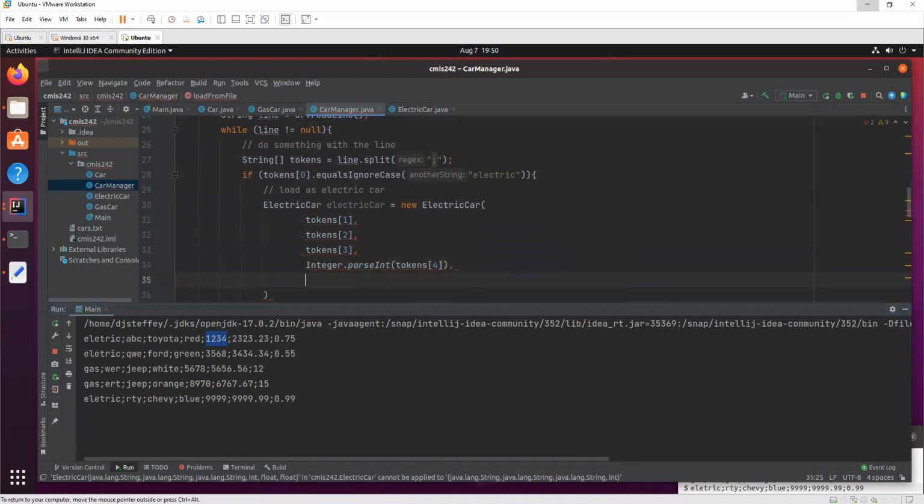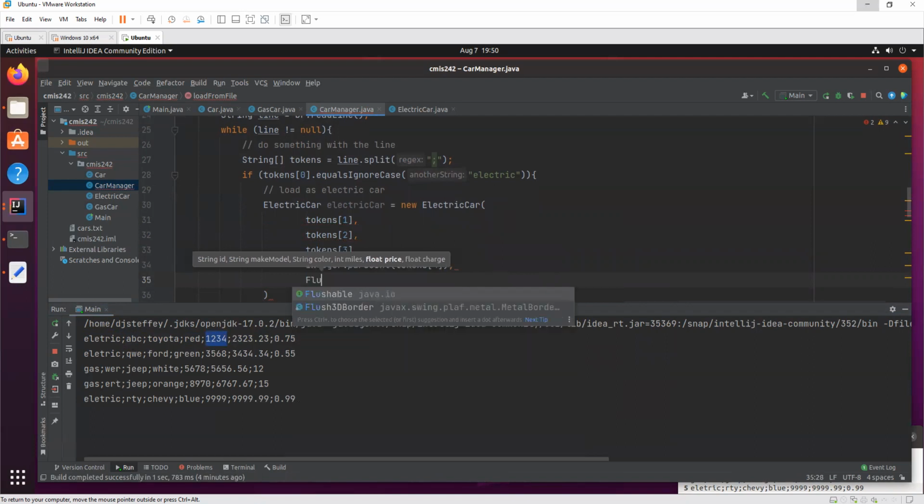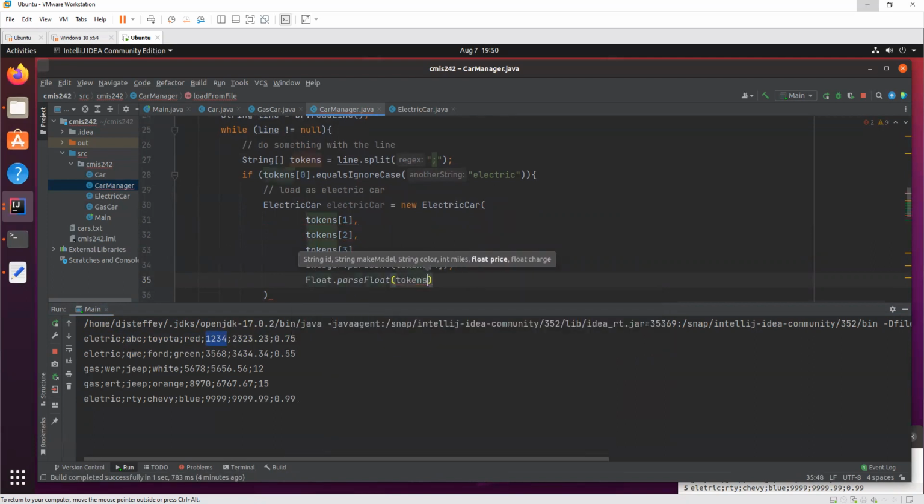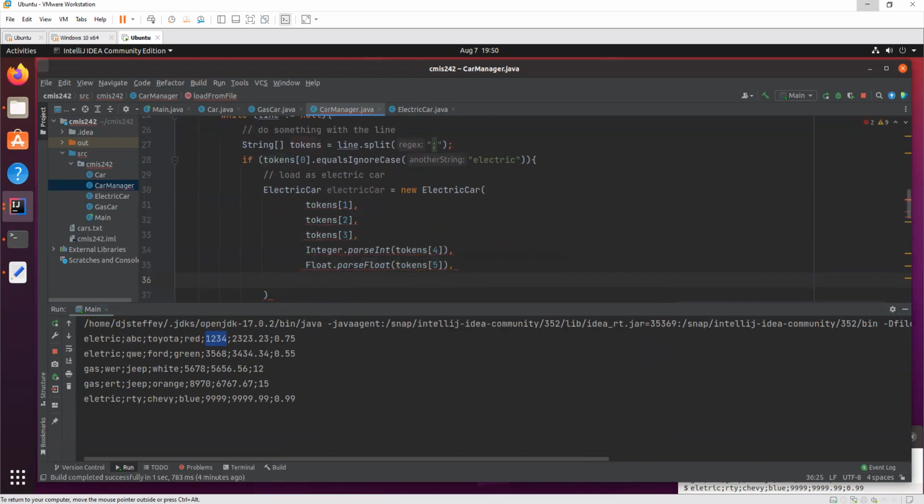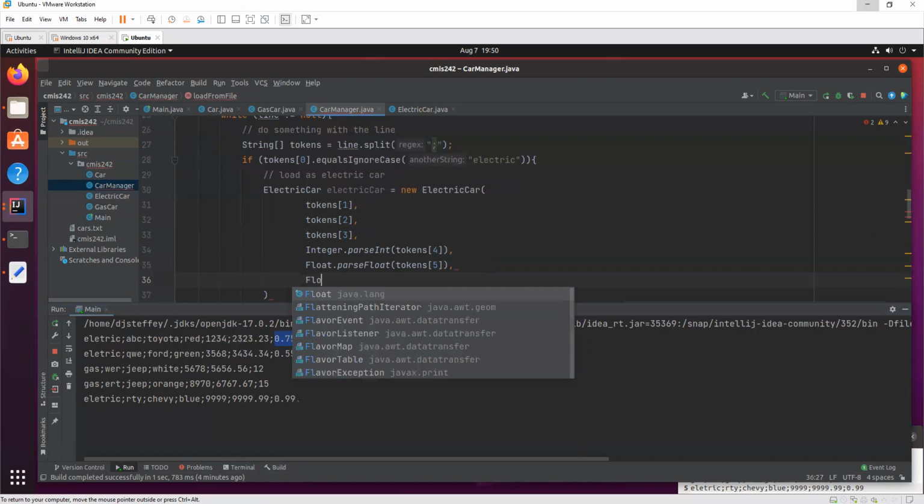Okay. What we have next, we need the price. The same thing, except now it is a Float.parseFloat of tokens 5. And then we need the charge, which is the last token, token 6. It's also a float.